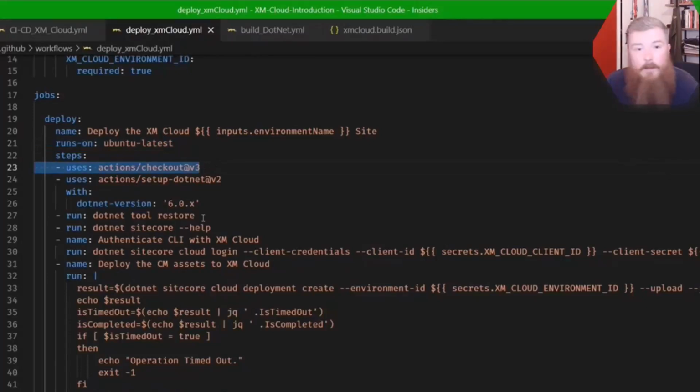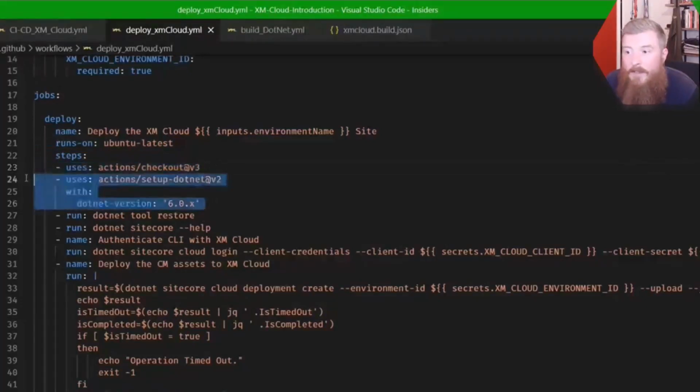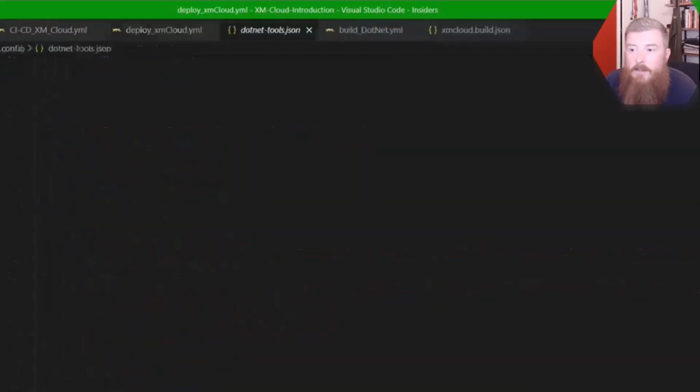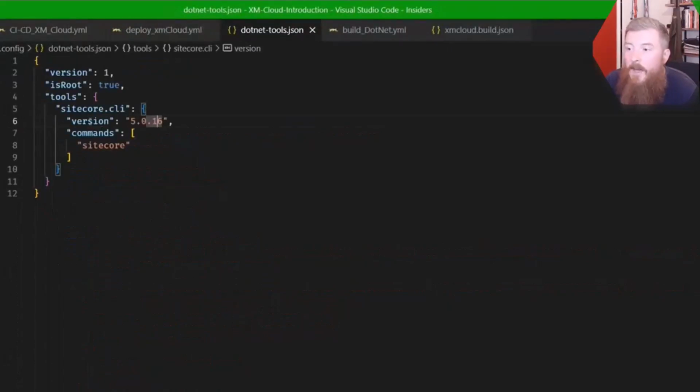Again, this time we do a checkout first. Then we're going to set up .NET 6, because that's the version it's running with. We run a .NET tool restore. And if we look in this config directory, we can see we have this tools.json. This defines which CLI tool we're going to be using, which is the Sitecore CLI, and the version of the CLI we're going to be